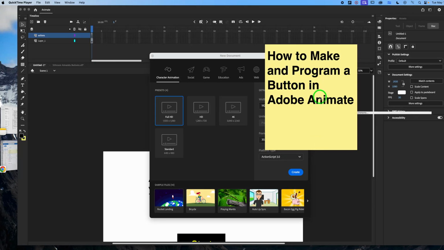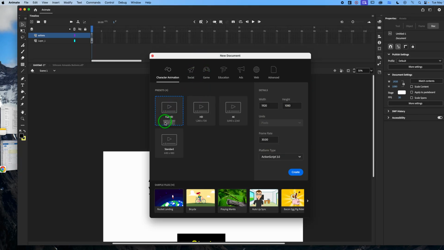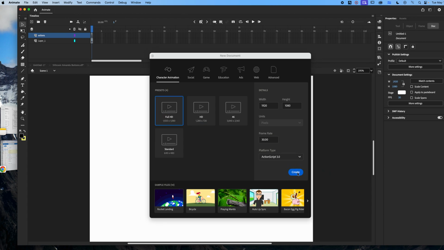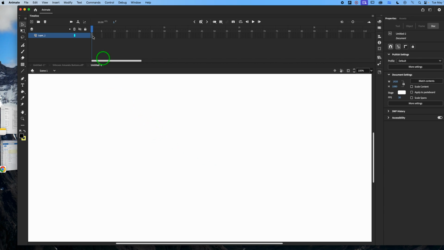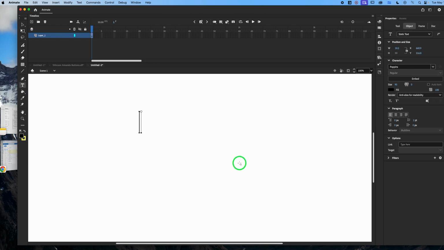Is how to make and program a button in Animate. What you're going to do is you're going to start a brand new file. Let's go ahead and keep it to 1920 by 1080, and you're going to tell it to create it. Now, our whole thing is I want in this animation, first of all, I want some text on the